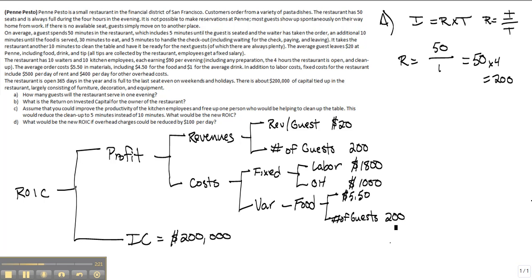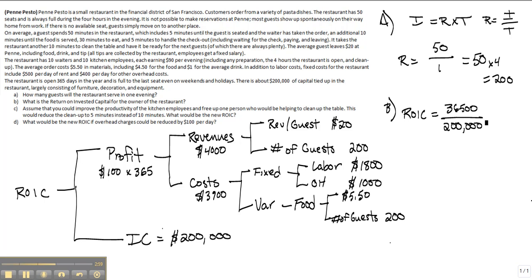So now that we've created the whole ROIC tree, we can multiply these numbers through, and we get a revenue number of $4,000 per night and costs of $3,900 a night. So therefore, they're making $100 of profit per evening, and over the year, they're making $36,500 of profit. So therefore, to calculate the ROIC, given these current data points, we know that that is then equal to 36,500 over the invested capital, which is 200,000,